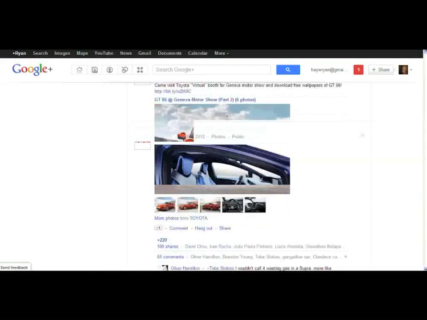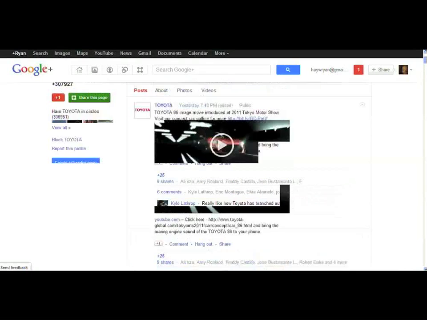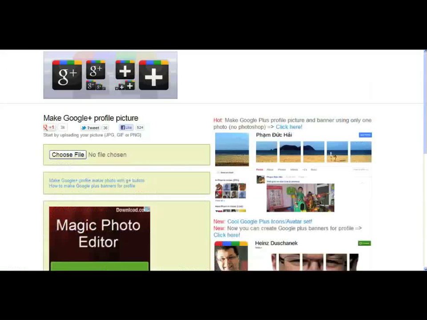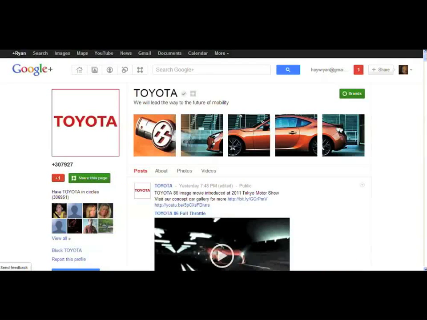Also, Toyota is doing a really nice job. So Toyota actually has over 300,000 followers, which is the most. Google Plus is the place where they actually have the most followers of any social network. And Toyota does a really great job with this header image. It's actually 5 different images, but there's a tool called G Plus Pick, and I have it loaded up somewhere. So if you go to gpluspick.com, this is a tool that allows you to do a bunch of things, but basically you can upload one image, and it will split it into 5 different square images that you can use to create this really nice panorama effect.